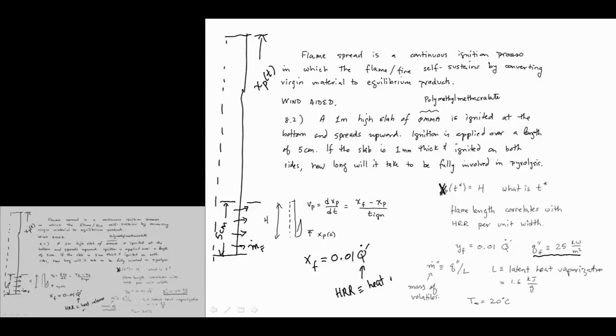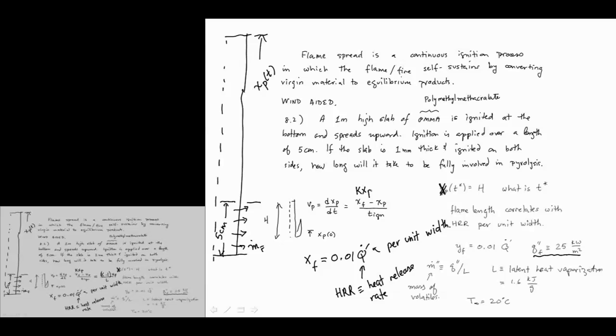So the bottom line is, and the prime here is per unit width, that once we model XF, we'll find out that XF is actually equal to some constant times XP, and so this whole thing can be thought of as K minus 1 times XP